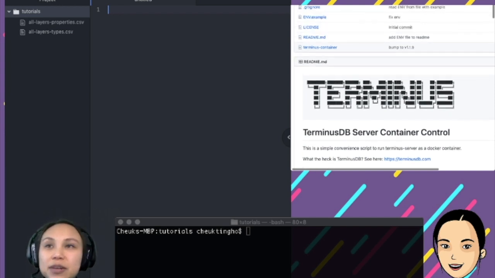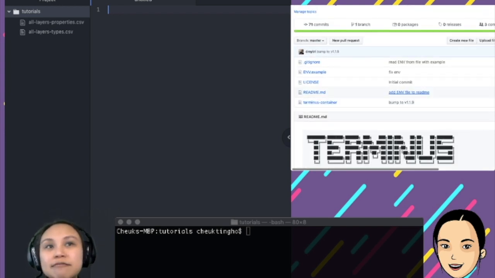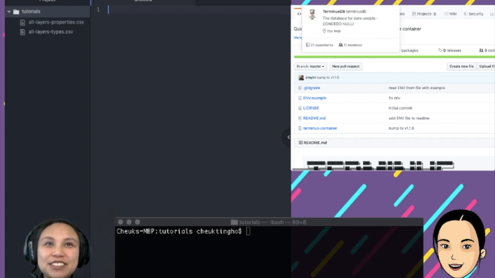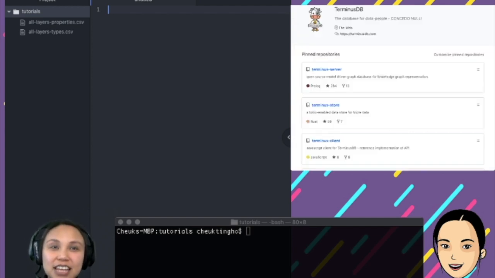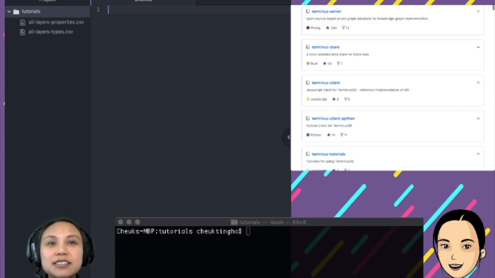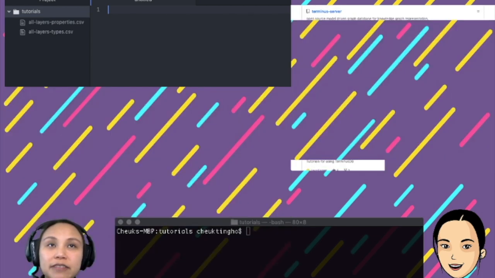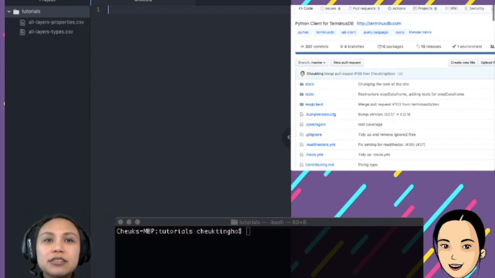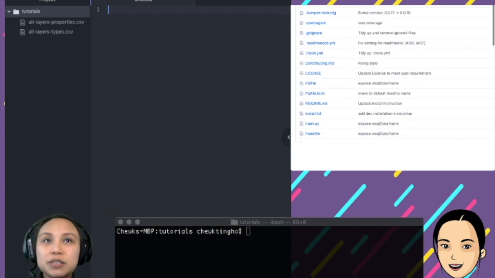So this is the quick start. If you have Docker, you can just download TerminusDB now and follow along. One other thing that I'm going to use today is a Python client because I'm a Pythonista. I like building stuff with Python, so we are using Python clients today. You don't have to go to the repo to download it. You can just pip install. It's super convenient. And also for today, after that, all the scripts will be on our tutorial as well.